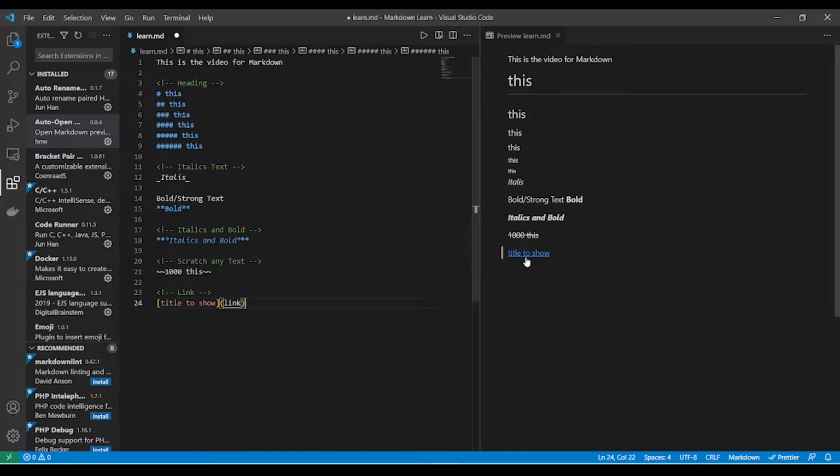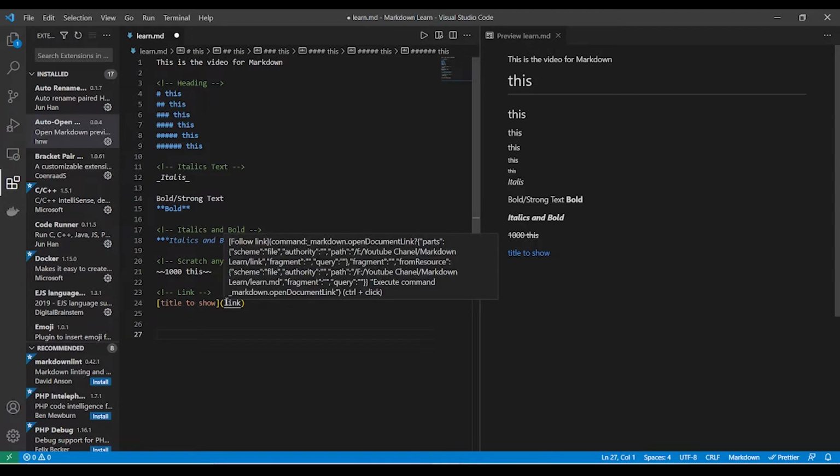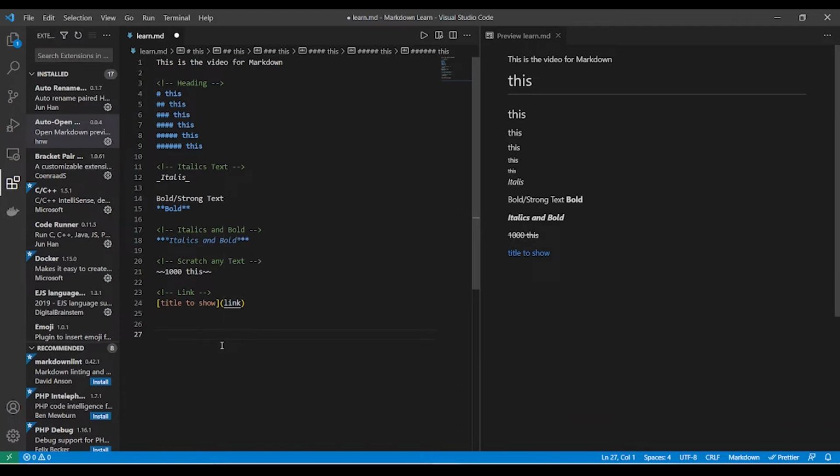Okay, let's use it. So you can see that it has come like a hyperlink here. So whenever we click here, it will take us to whichever site or URL you want to go. Okay, so now let's move forward. Just a note, it will not work if the link is not proper, like if you have not used the HTTP or HTTPS and then slash and then colon and the whole format.